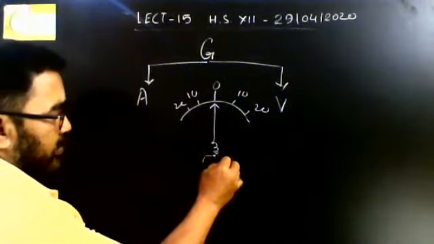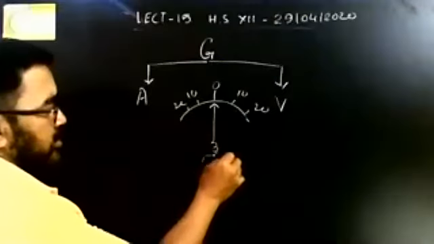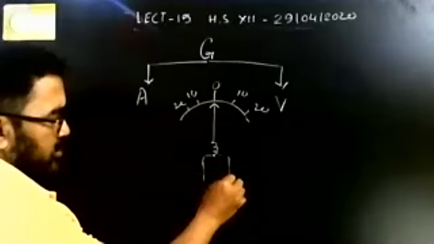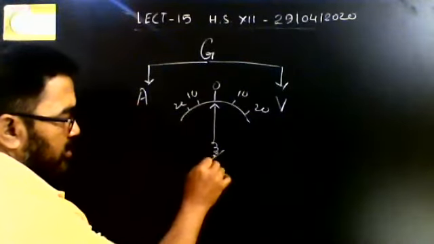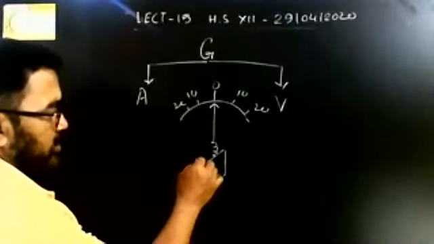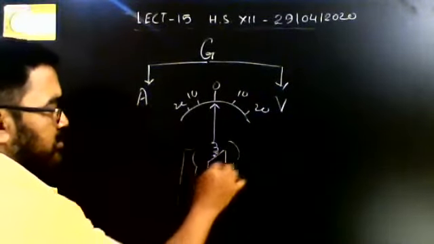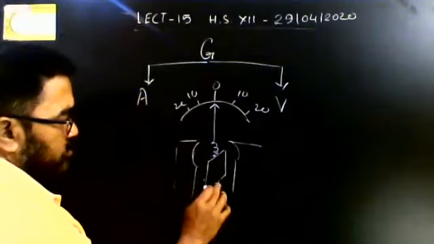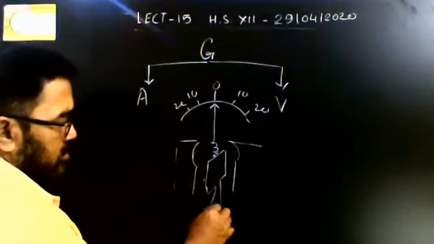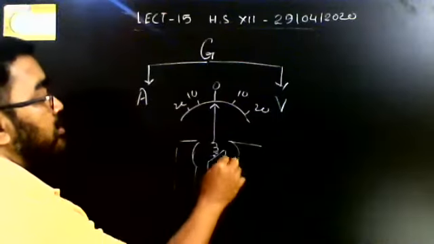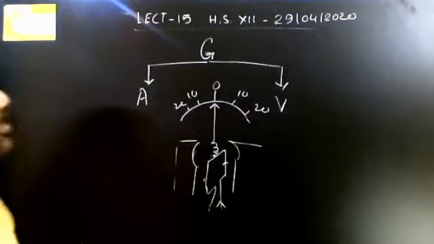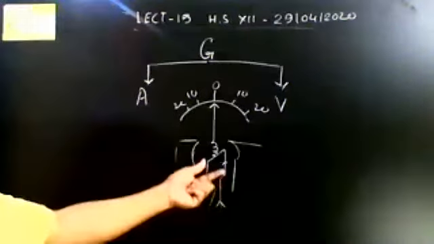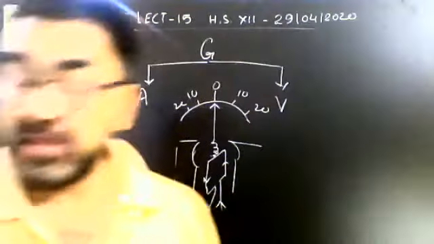As soon as current passes through the galvanometer, okay, then some deflection occurs in the rectangular coil because the coil is placed within a magnetic field, right? The coil is placed within a magnetic field. When current passes through the coil, right, a torque is produced in the coil. A torque is produced in the coil. It starts rotating, right?